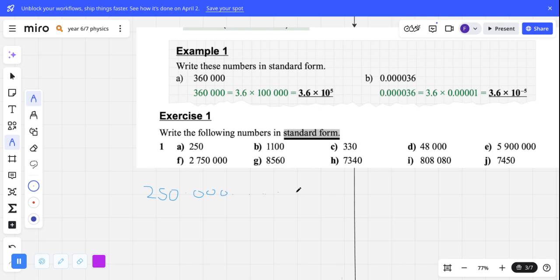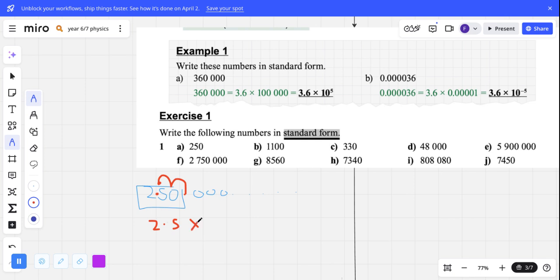So that's 250. And what I want to do is bounce. So I want to think, well, where can I put my decimal point? So this number here is less than 10 and bigger than 1. And my answer to that question is right there, 2.5. Okay, so I'm going to take this decimal point here and bounce it to there. And bounce it once, twice. So the way you would write this number in standard form is 2.5